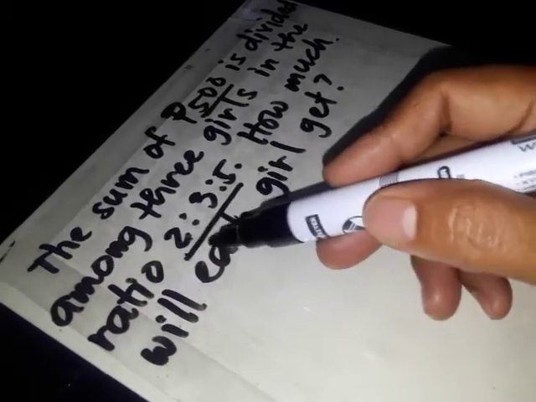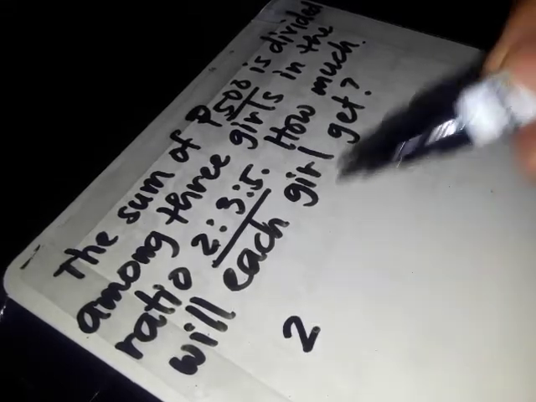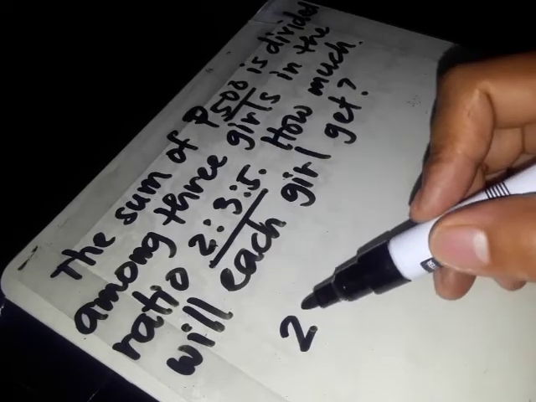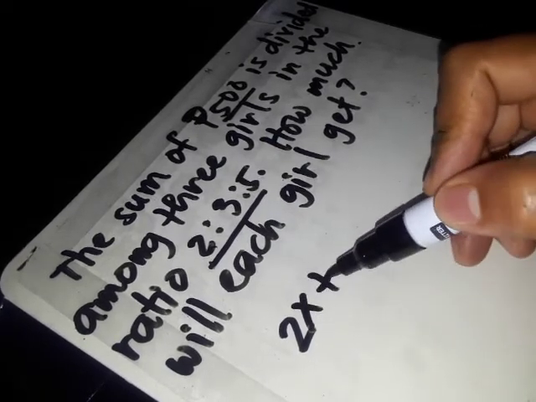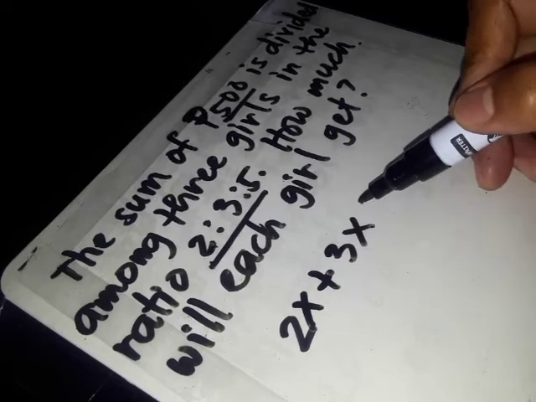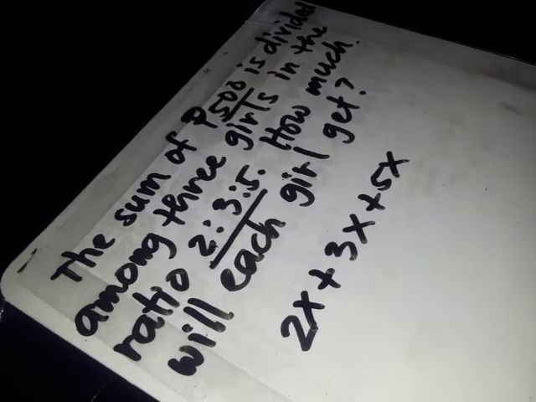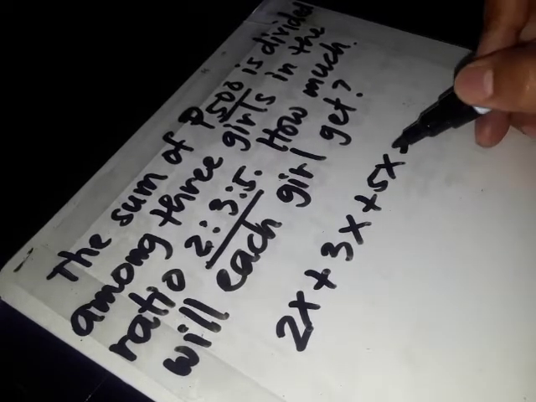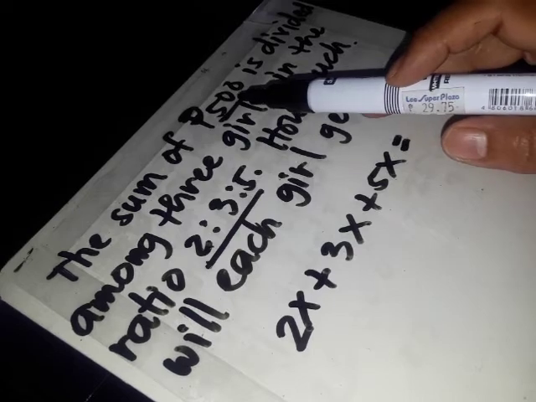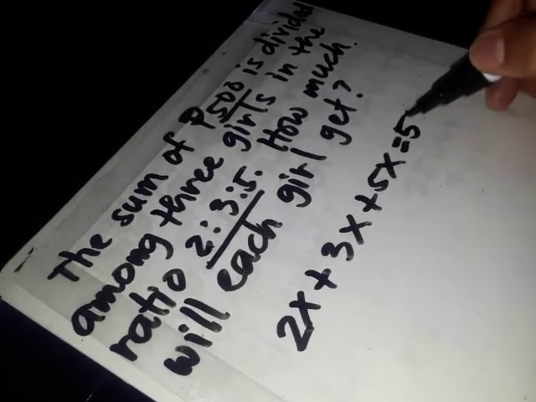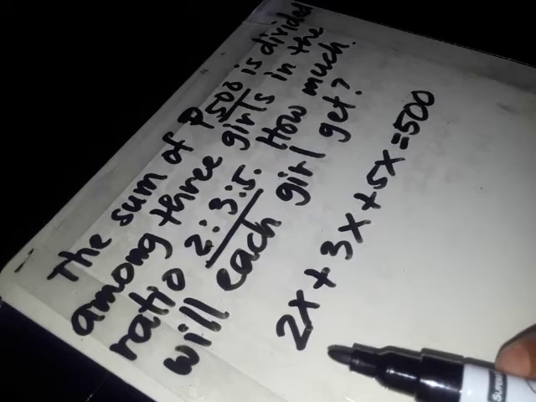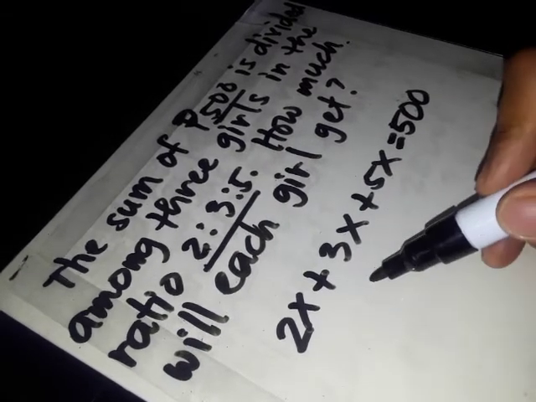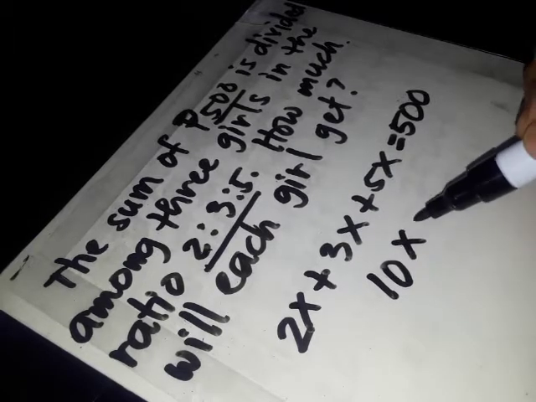So, gagawin natin to 2. Maglagay na lang tayo ng any variable. Halimbawa, x na lang. So, 2x plus 3x plus 5x. Ano yung x na yan? Yung x na yan, yung hinahanap natin. Okay? Para mas madali, is equal to, ilan yung paghahatian nila? 500. Okay. So, add natin, 2 plus 3 is 5. 5 plus 5, 10. X is equal to